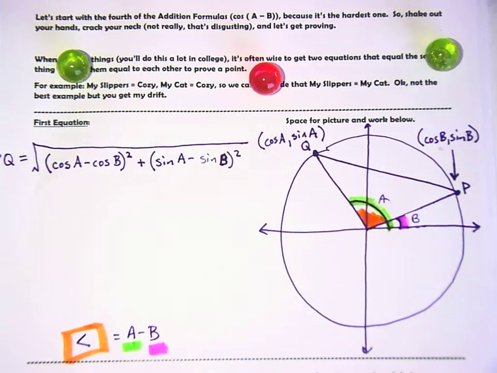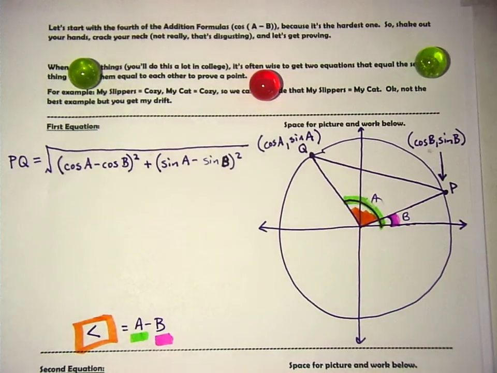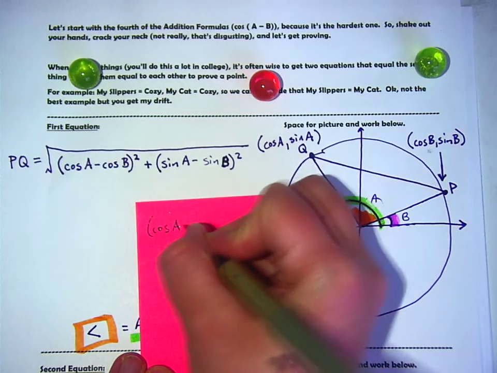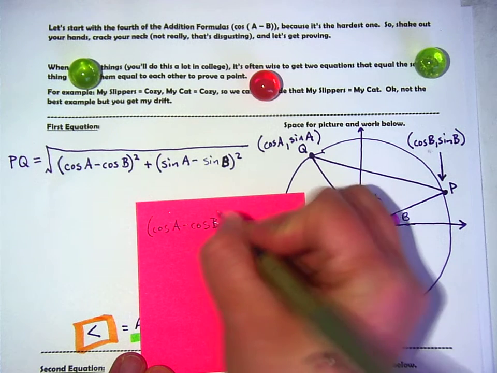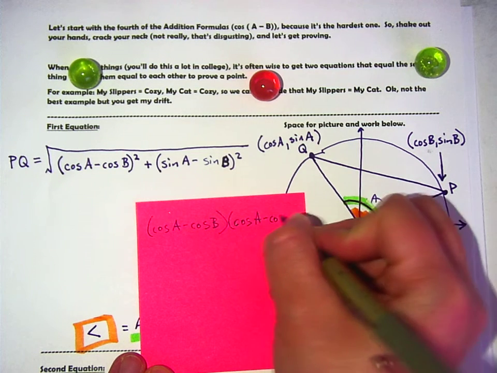And now what I'm going to do is act as if we were multiplying that out. Can you guys tell me, I'm going to do it over here on a little piece of paper on the side. If I have cosine A minus cosine B times cosine A minus cosine B,